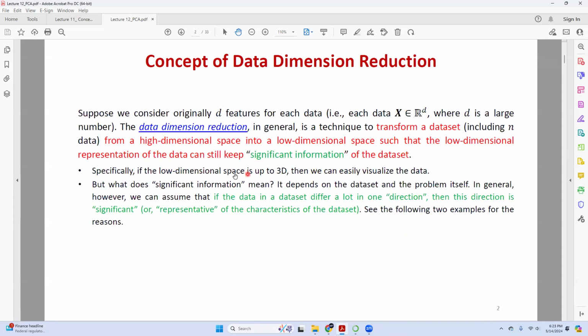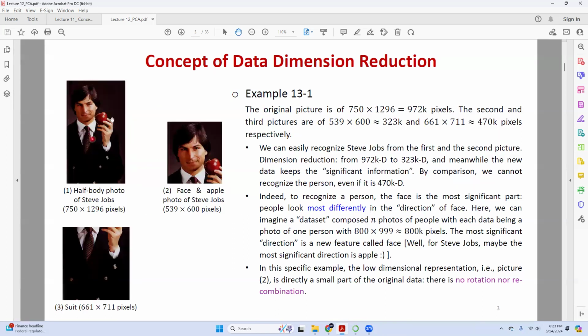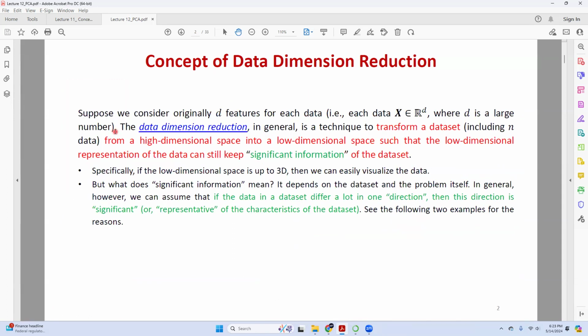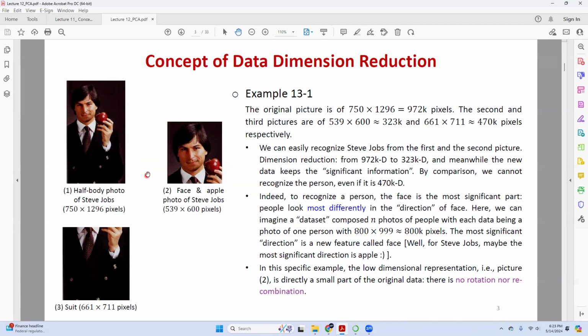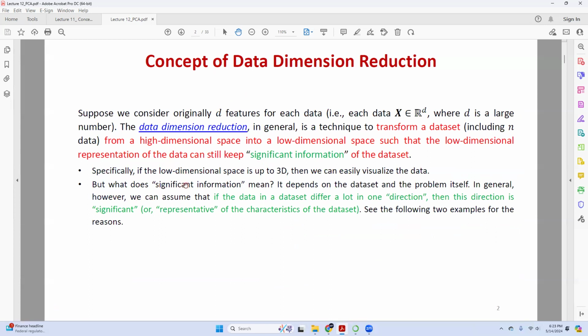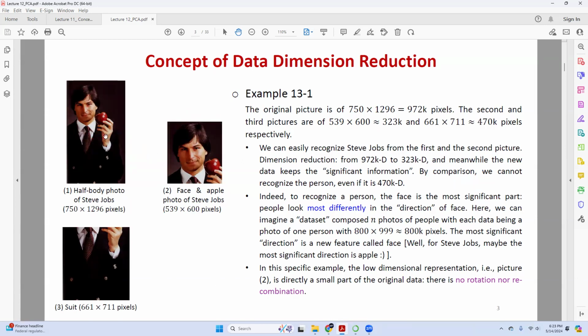So this is the meaning. That means the face part is the significant information. And again, you can see why this definition works, because in terms of face, two people differ the most. This is the most representative part for each person. You see what I mean?